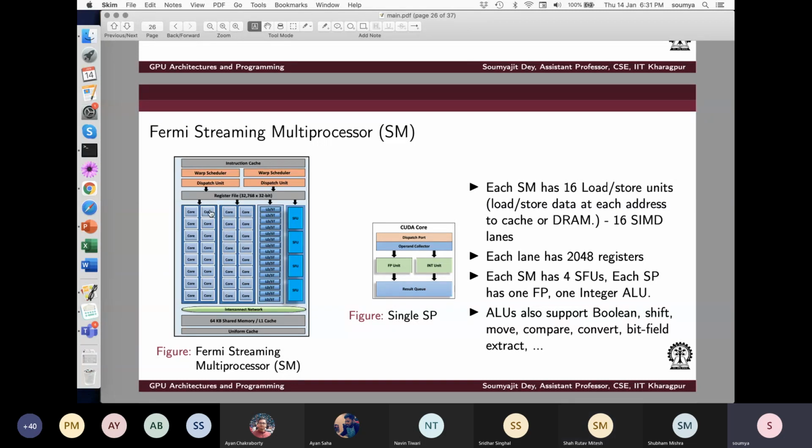But now what will happen? Say this code is processing so much data that register pressure increases. Then it will need extra memory, and that is when the local memory assigned to it in the DRAM will be of use. That is reserved for this one only. So the DRAM will have two parts: one which is reserved for these cores, and one which is the actual global memory for everybody. That becomes useful when the register pressure is high for each of the cores.